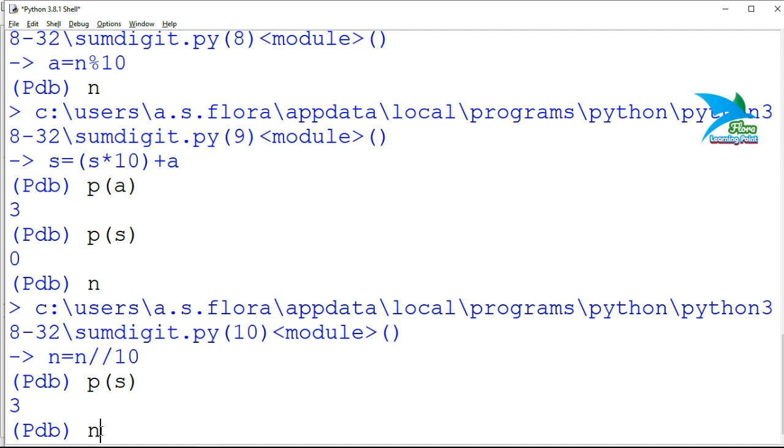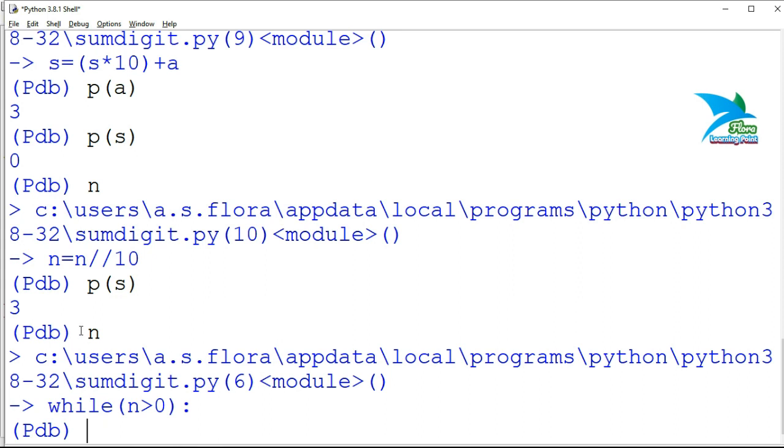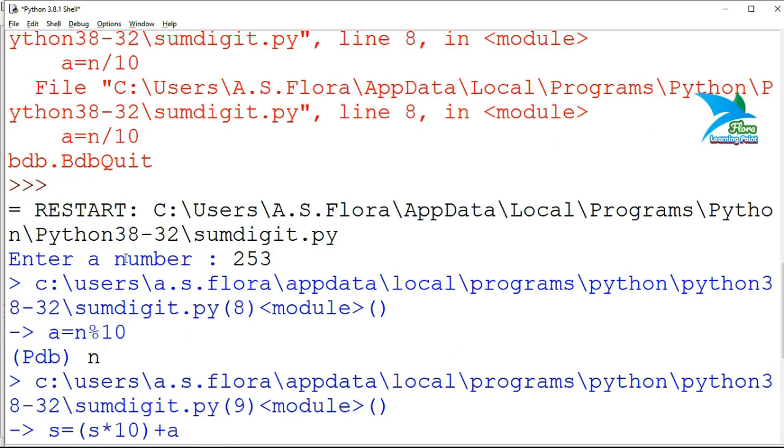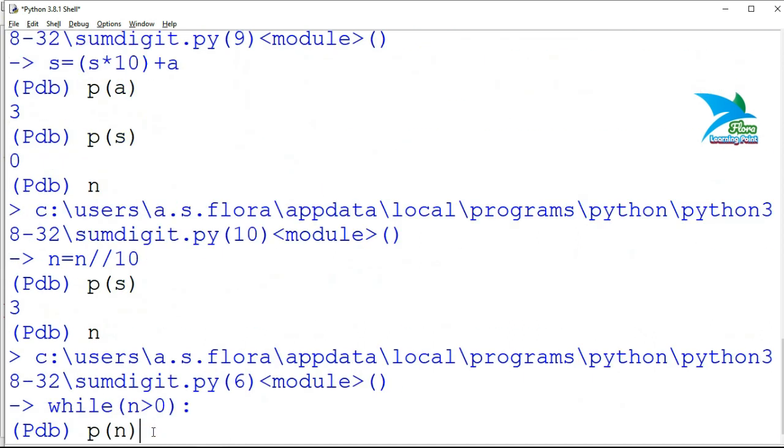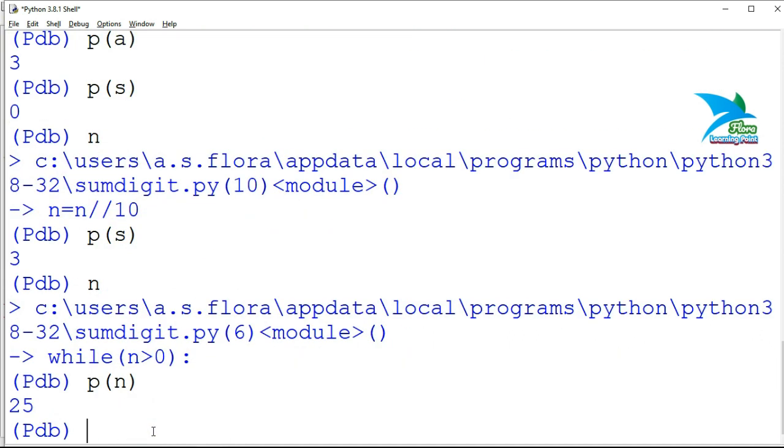That is presently 3. Next I'll again press n, and now if you print the value of n, after execution of this line, it must be 25. So let's check the value.